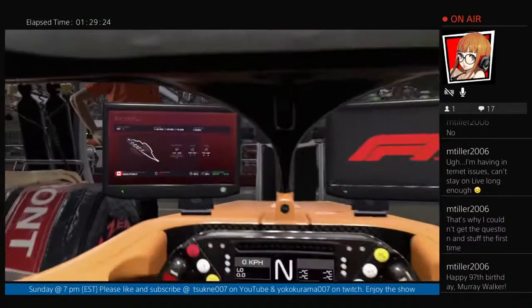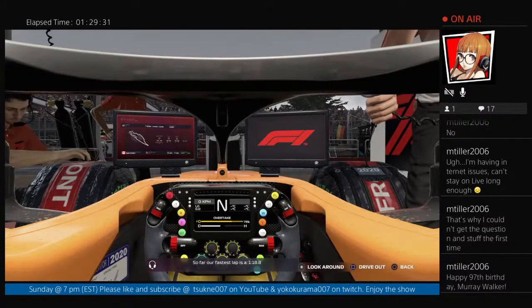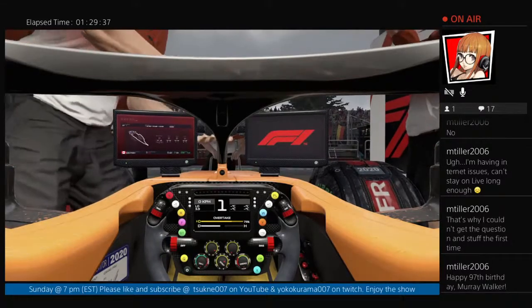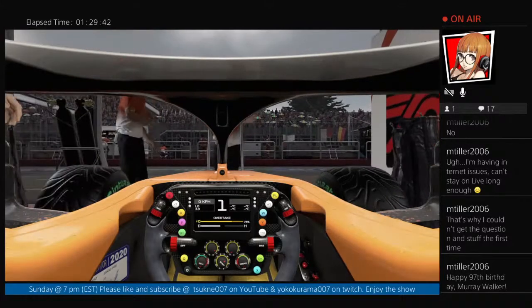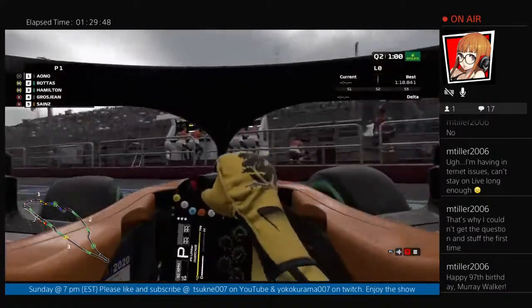Oh, they're all going out. So far, our fastest lap is a 1:18.8. Standing by. Alright, here we go. 1 minute,